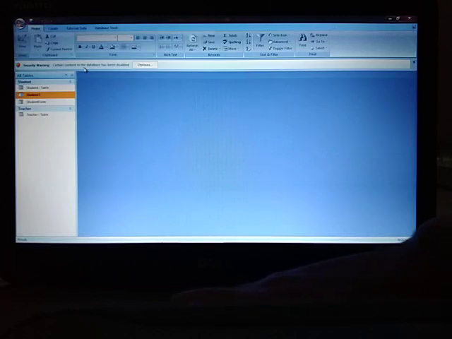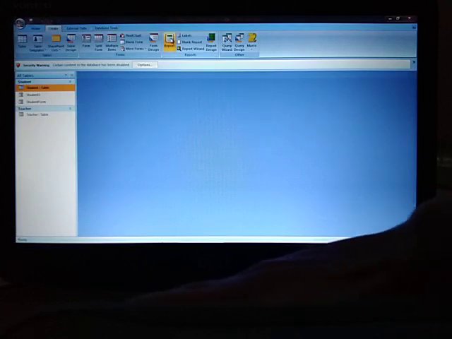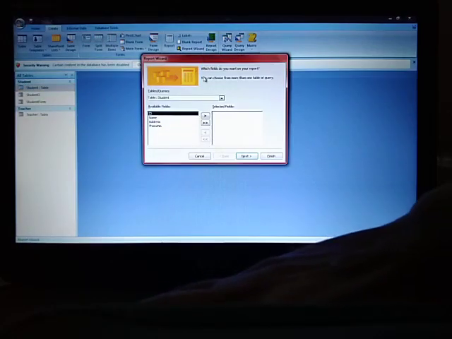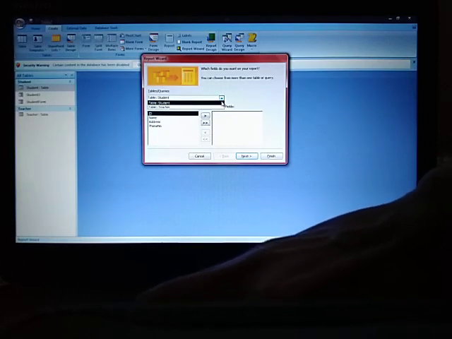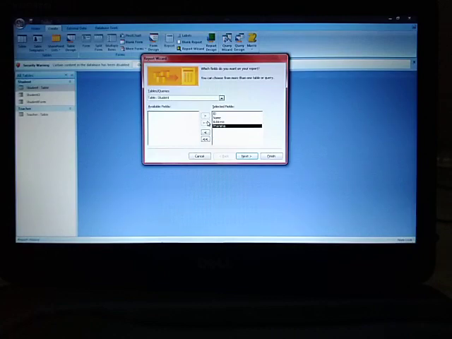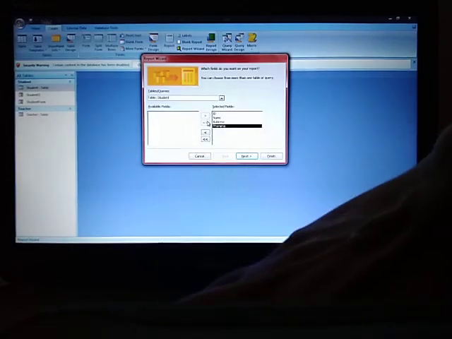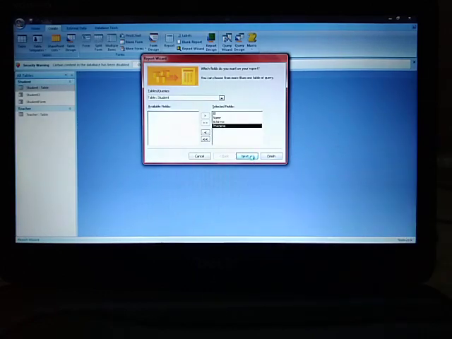For that, you have to select the table. You just go to Create, and from the Reports section choose Report Wizard. Similarly to what we did in the form, we select the table. I want the student table, so it is already selected, and I am selecting it again. I want to include all the columns in my report, so I have shifted all the fields to the right-hand side, because this is the area for your selected fields. Then you can click on the Next button.